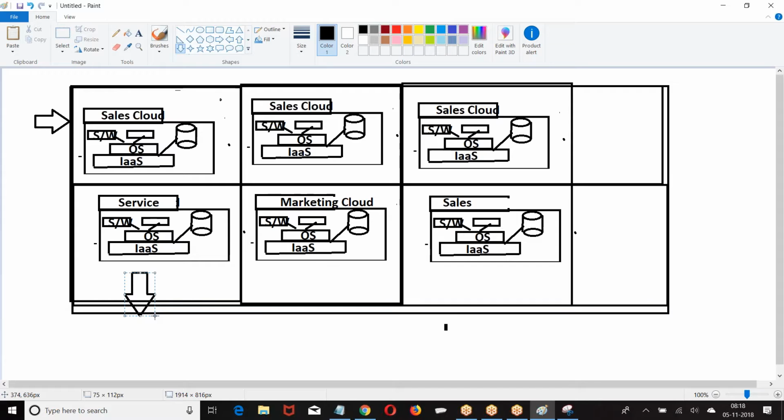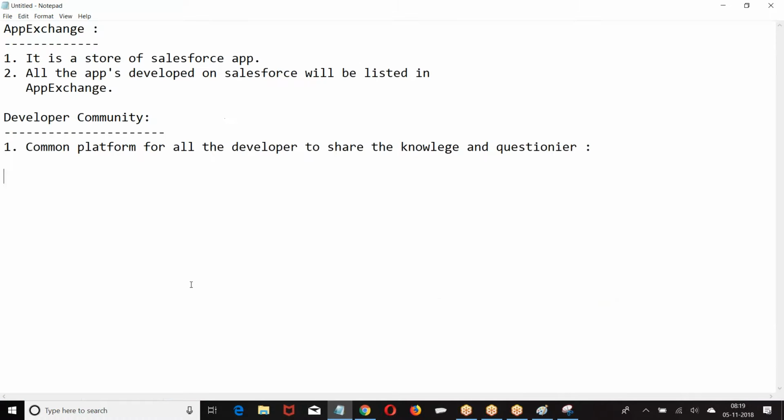Based on the organization ID. Every organization production has an 18 character ID, or I can say every instance of force.com has one 18 character ID. Every sandbox also will have an 18 character ID. Every production also will have an 18 character ID. Based on those IDs, we can recognize to which org the instance belongs. Right. So what was that called? Organization ID.